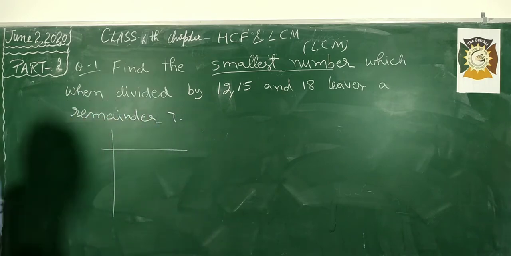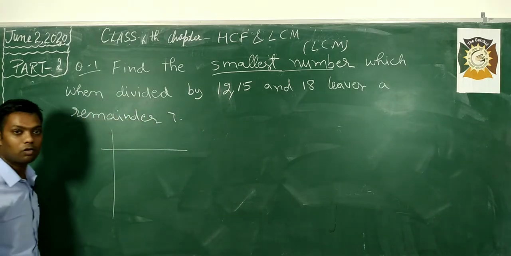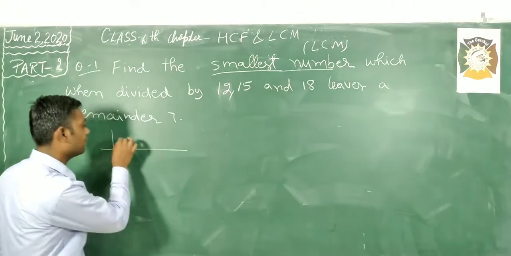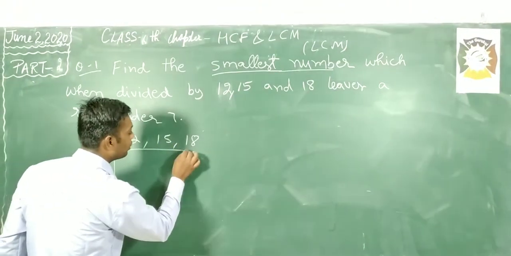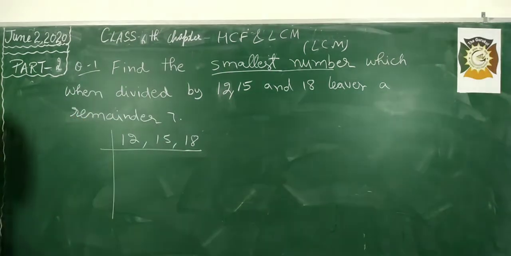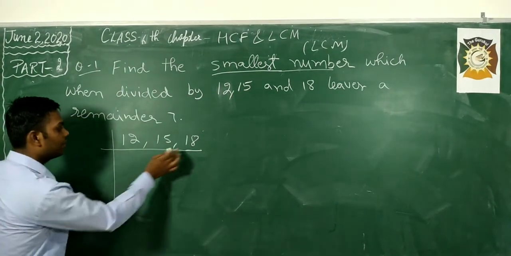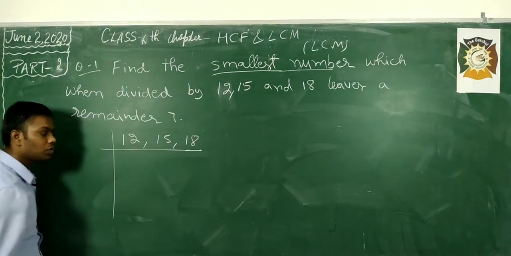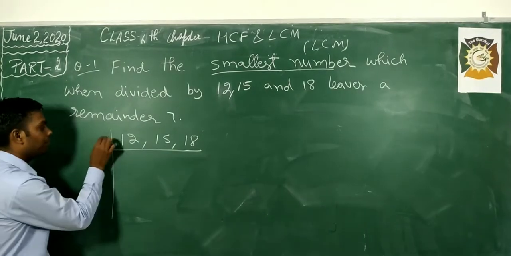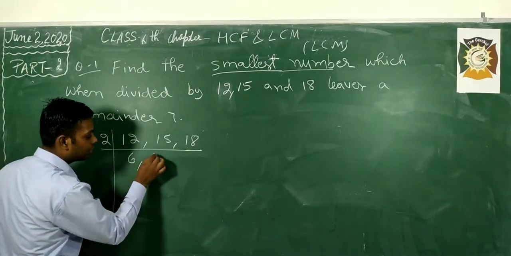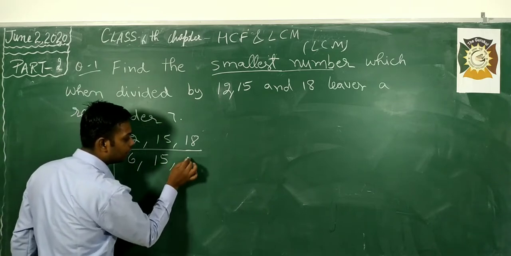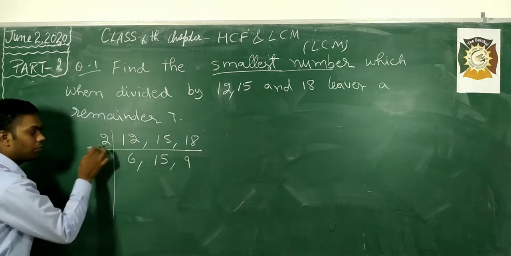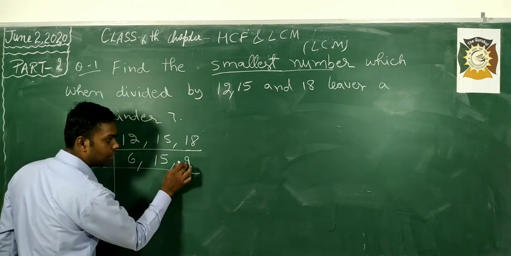We can choose any method to find the LCM: short division method, common division and factorization method. Choose the common division method. Two numbers are even, so they are divisible by 2. Divide by 2, that is 6. 15 is not divisible by 2, write 15 as it is. Then 18 is divisible by 2 and the quotient will be 9.